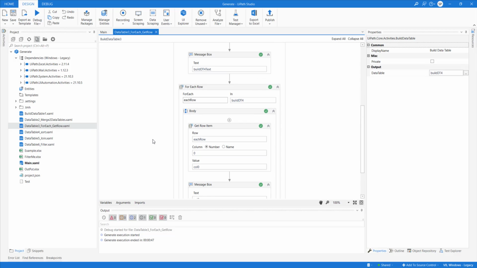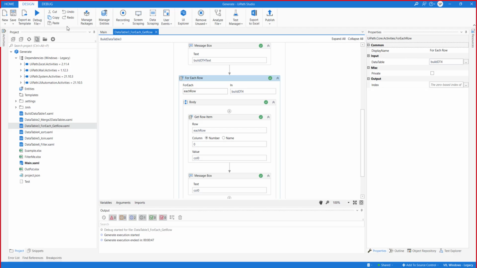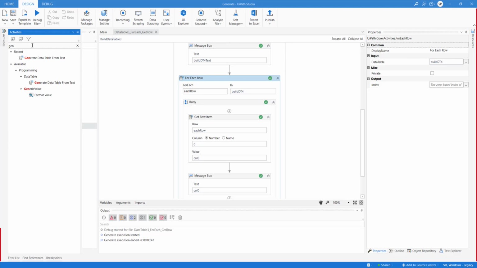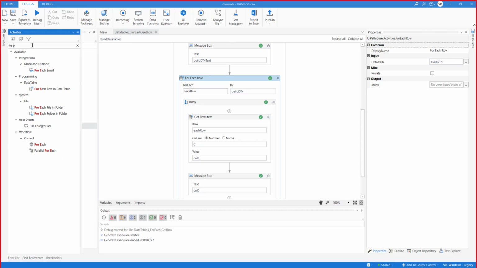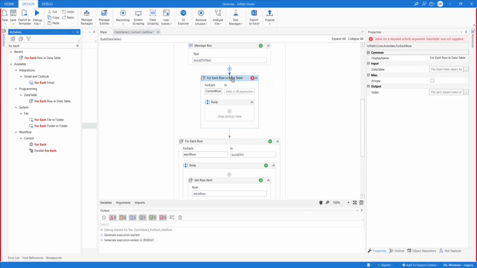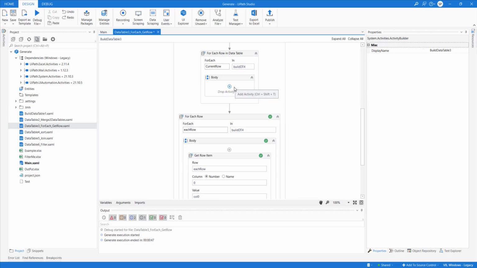Any doubt in for each row? I have explained this again, but I'll do one more thing here. When you use a for each row activity, for each row in data table, this is how it would look. You need to pass the data table, and then you need to perform the operations here in the body.